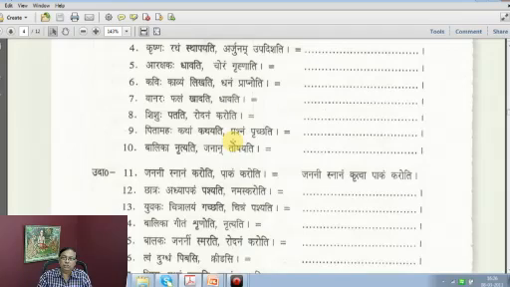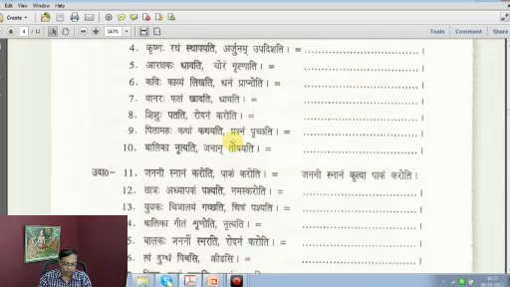A girl pleases the audience, here janan means the audience, after dancing. Balika nartitva janan toshayati. She pleases the men, here men means the audience, after dancing, having danced. So, balika nartitva janan toshayati. This is how the tvanta is used with the verbs in this sense, where two actions are combined together. One is already done. So, the first action takes this tvanta and the second one remains the same.